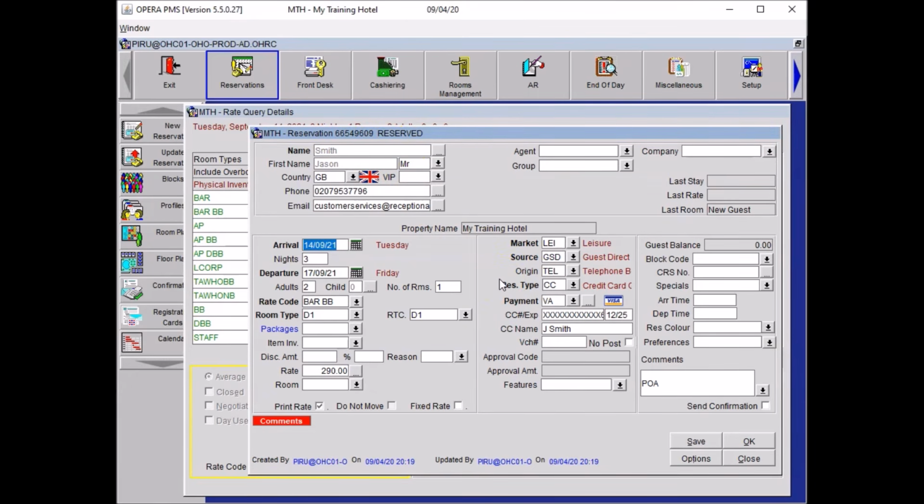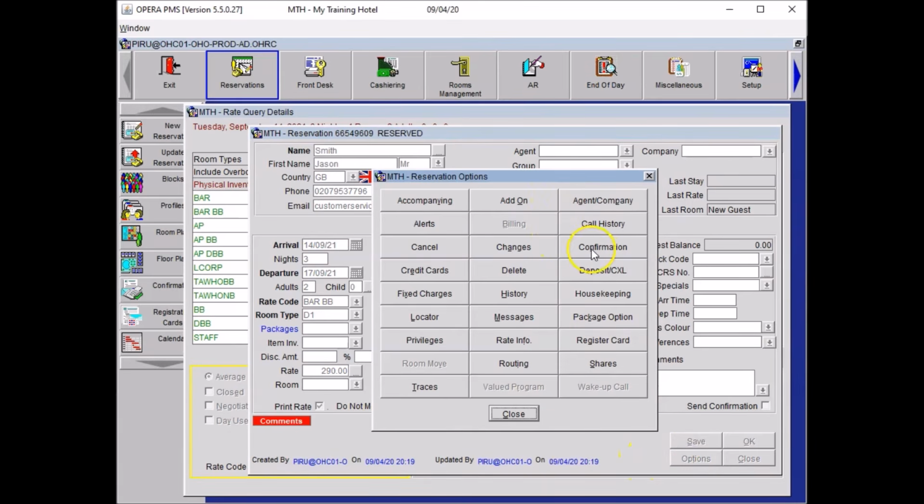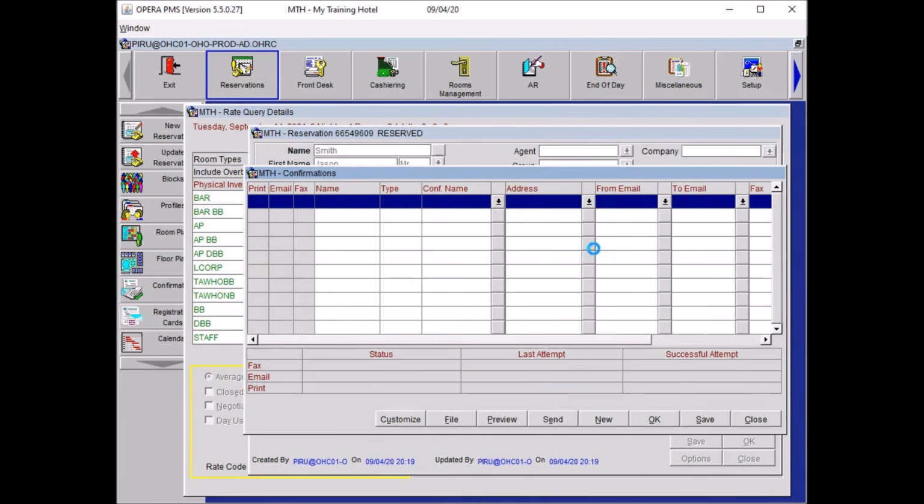Now the final thing the guest may want to get is a confirmation letter. So what you can do is you can click on Option, you can go to Confirmation, and you will have to select either print or email, in our case email, and you want to send the email, so you just have to click Send.